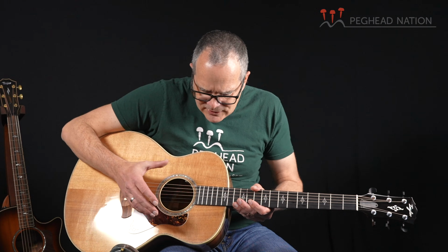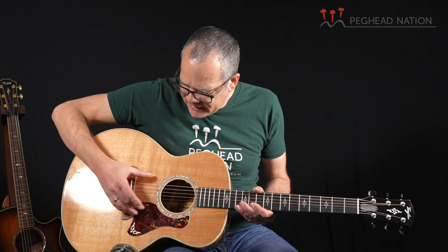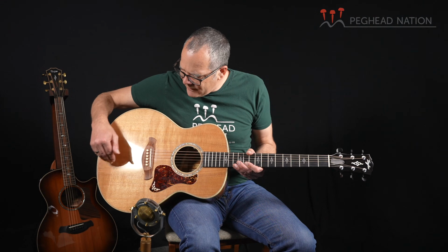a highly modified version of Andy Powers' V-Class bracing. Taylor calls this the fanned V-Class bracing, and essentially, whereas a typical normal V-Class bracing goes all the way down to the tail block, the V part of the bracing on this kind of stops here around the bridge plate, and there are 6 fans that go out from there on the bottom. So it's a little bit like a traditional Torres style classical fan bracing. Not exactly like it, of course, but essentially you have a fan pattern out here,